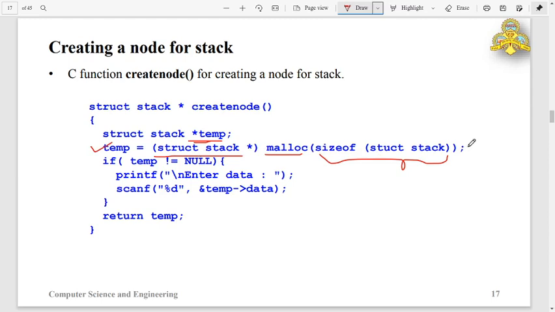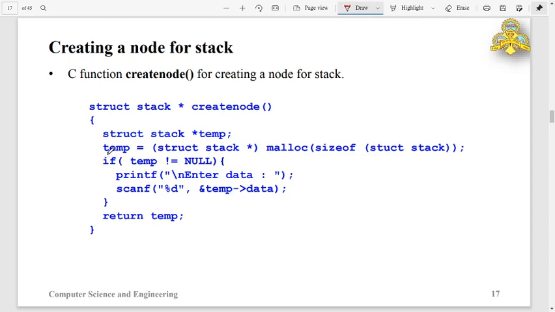So after successful execution of this statement, temp will contain the address of the allocated memory location, converted into struct stack pointer. If the memory is not allocated, then temp will contain null.